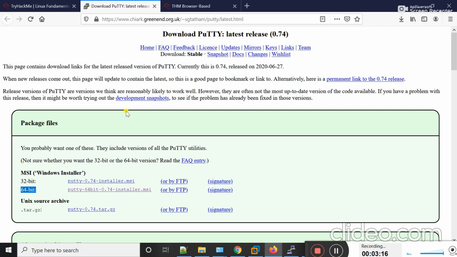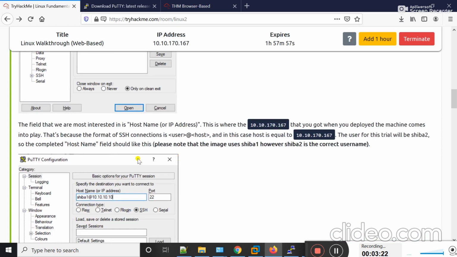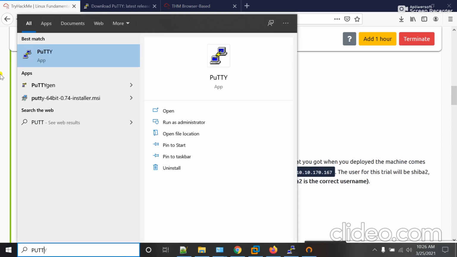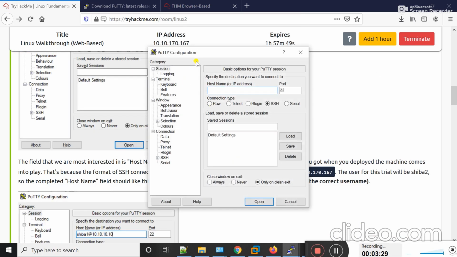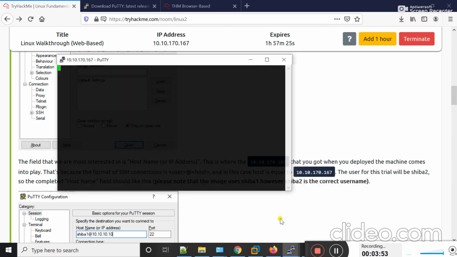As I downloaded it earlier, right now I will just SSH to a machine. Okay, I'm going to start my PuTTY software. Here is the PuTTY software with host name or IP address. Here I will put the host name, that is 10.10.170.167, and then the port will be 22, as the default port of SSH is 22, and then I will click on Open.